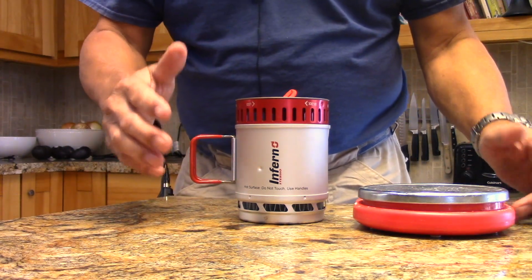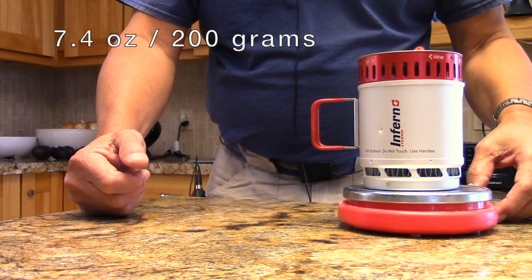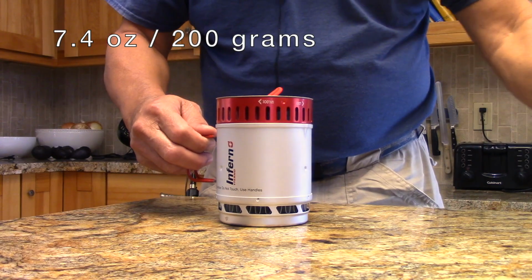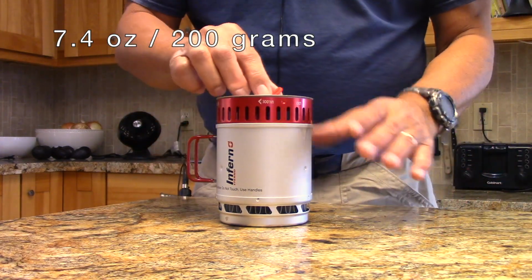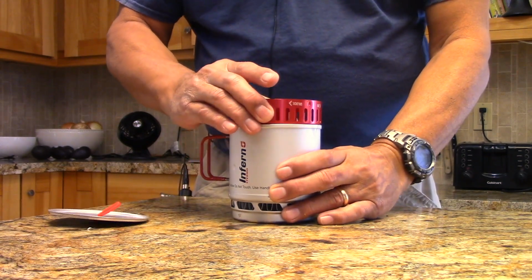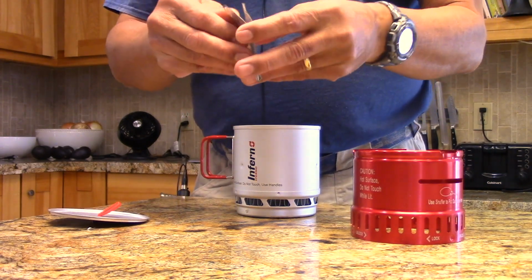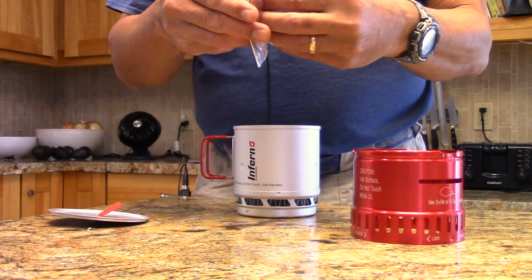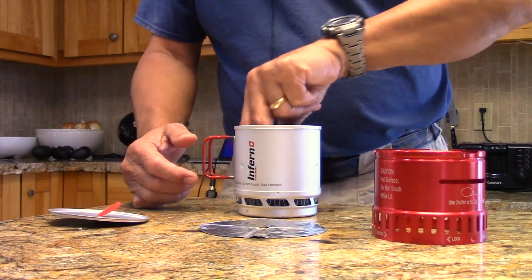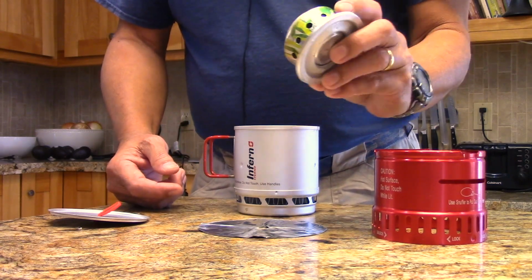I'm going to open up the kit in a minute, but I'm going to show you how much it weighs. This weighs 7.4 ounces or just around 200 grams. Now, it consists of a lid. This is the part of the Sterno Inferno, a heat shield, and I found the perfect stove for the Sterno Inferno, and this is a 1012